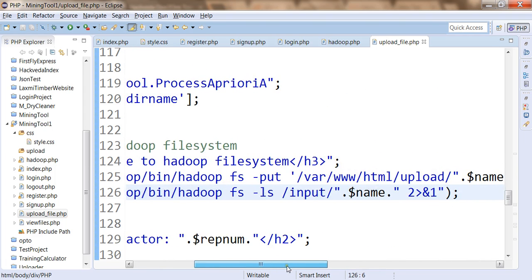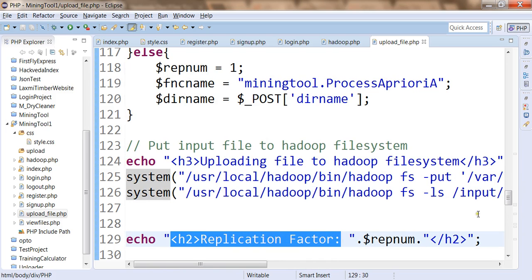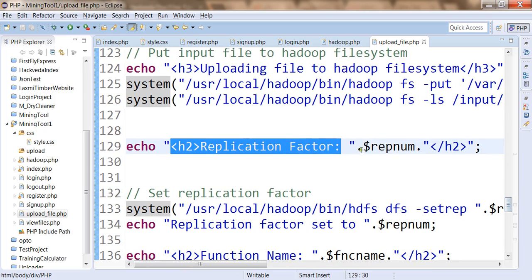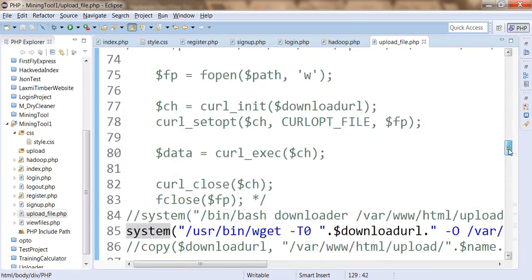Once we are done with this, we have also executed a list command in order to see the files uploaded within the input directory within the username. So all files which are uploaded to the file system will also be listed on the web page. Then we are going to use the echo command in order to display the replication factor set using the replication number, and this replication number has been received through the post request at the